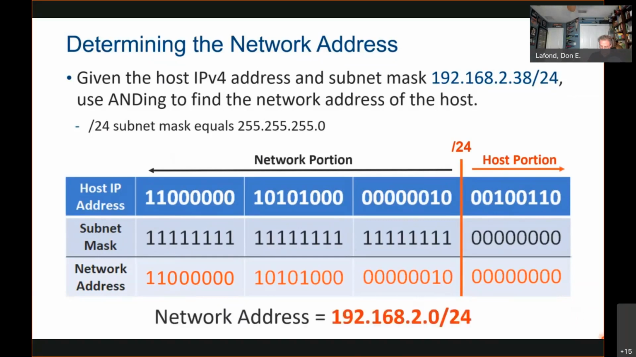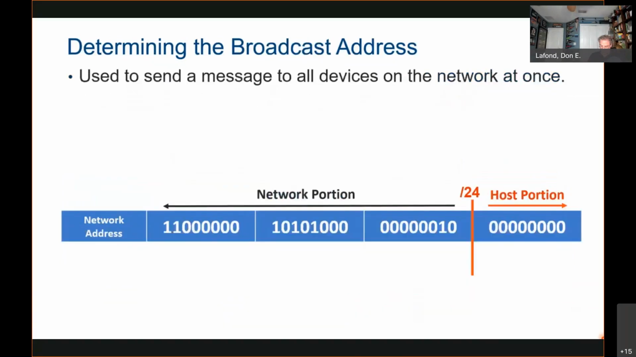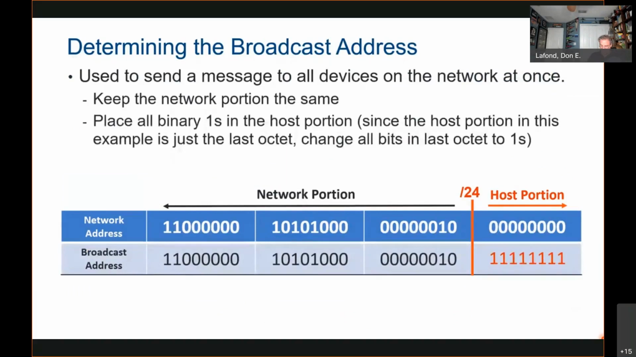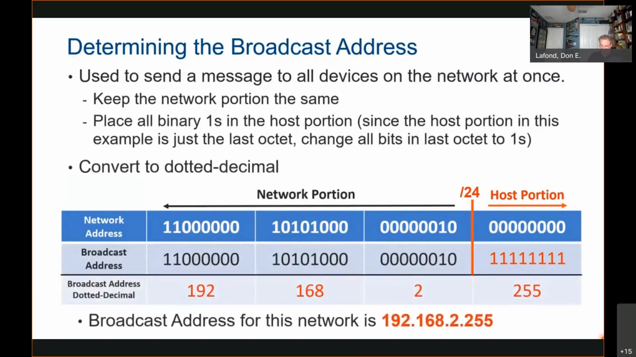If we convert to dotted decimal, we can see that this host belongs to the network 192.168.2.0/24. Now let's determine the broadcast address for this network, which is used to send a message to all devices on the network at once. Whereas the network address had all binary zeros in the host portion, the broadcast address will have all binary 1s. Since the host portion in this example is just the last octet, to determine the broadcast address, we keep the network portion the same and change the host portion to all binary ones. This results in a broadcast address of